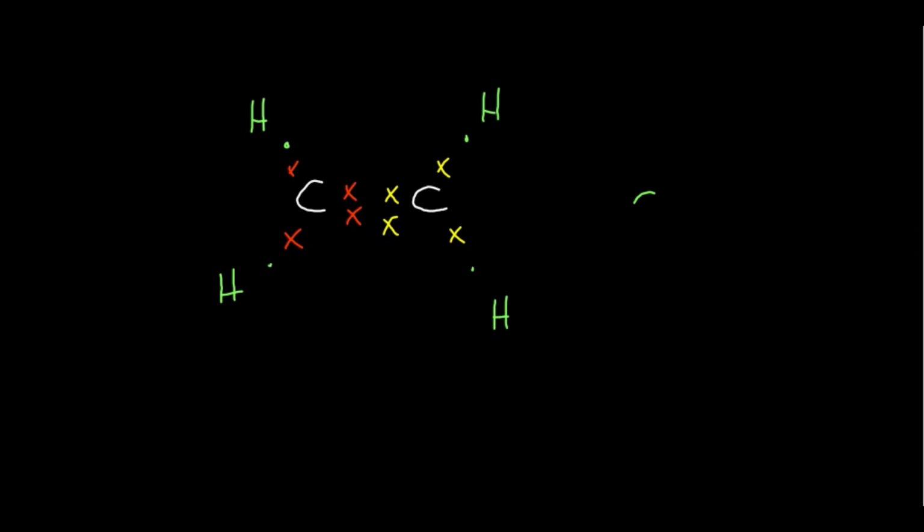Students, if we write its structural formula, it would be C double bond C. There is a double covalent bond between the two carbon atoms, and with each carbon we have hydrogen atoms. Hydrogen forms a single covalent bond with each carbon atom. I hope this is clear to you students.